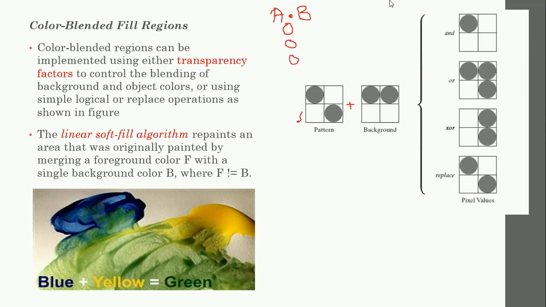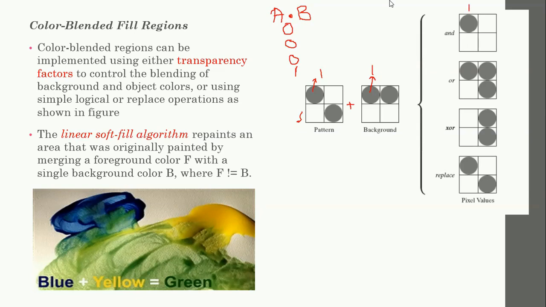And 1 and 1, you will get 1. That means, for example, you have this pixel as 1, and this pixel. So this is a 2 by 2 array, or a 2 by 2 fill pattern, you can say. Now we are applying the logical operation AND. So how does it work? 1 and 1, you get 1.